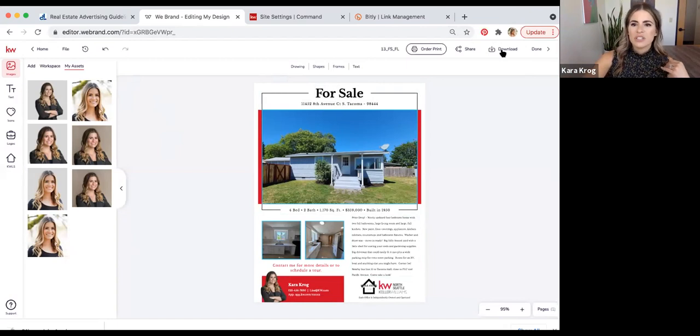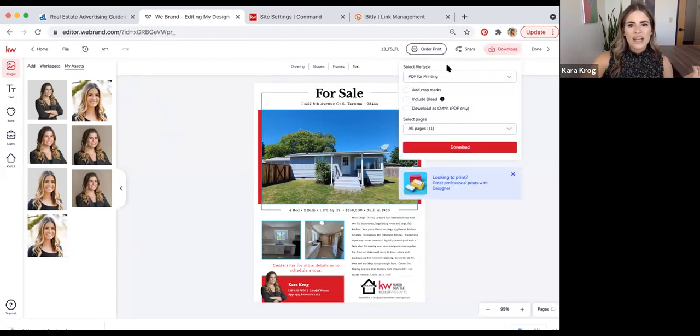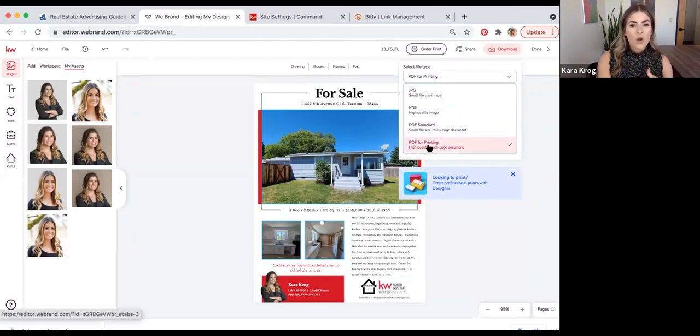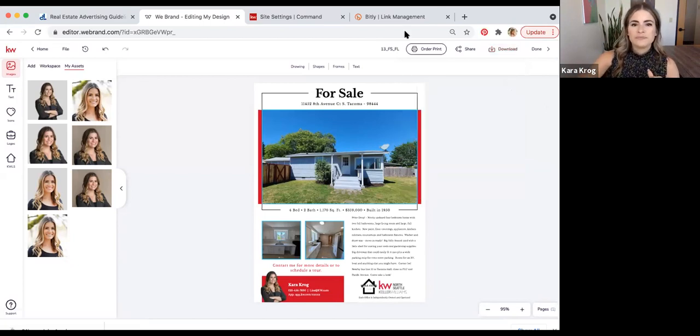Once I'm ready to print this, I'm just going to go to download. And for this one, I actually recommend doing it as a PDF. If you're having problems printing or saving this as a PDF to your computer, you might need to try doing PDF standard instead of PDF for printing. I find that PDF standard still is great printing quality in my experience, and sometimes my computer just can't handle the PDF for printing quality. The file is just far too big. So I would try both. Try the PDF for printing if you really want it to be clear, but if for some reason it's not working, check out the standard one, and it should work as well.